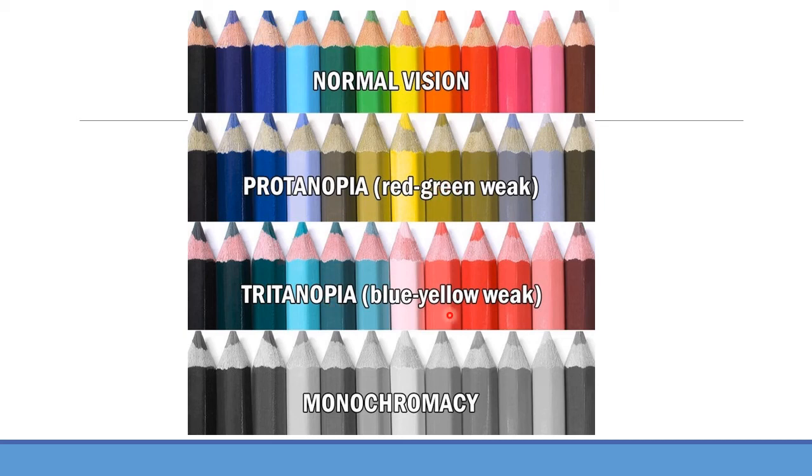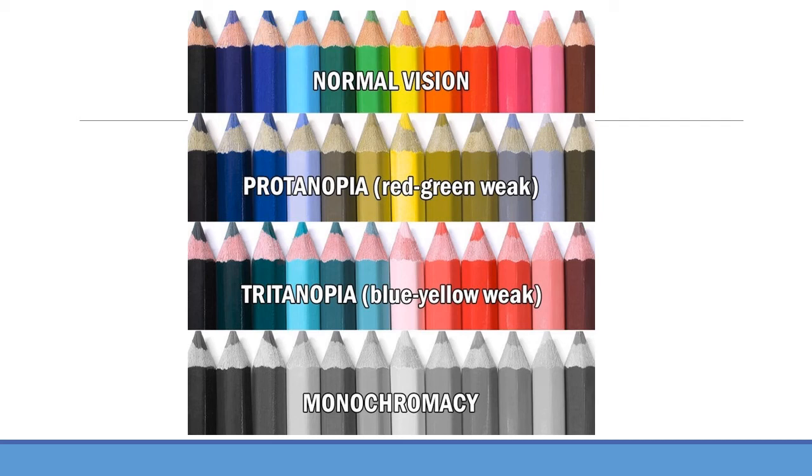If you had tritanopia, that would be a blue-yellow weakness, so you can tell the distinction between some of the reds here, but some of the blues lose a lot of their color, and blues and greens tend to be tough to distinguish between. And then with monochromacy, everything's relatively black and white, essentially, right? So if I lost all my cones and I lost the rods, what would your vision be? Then you'd be nothing. You'd just be blind at that point.